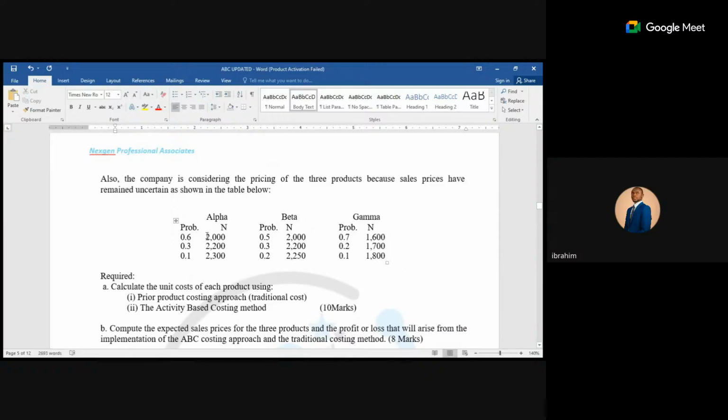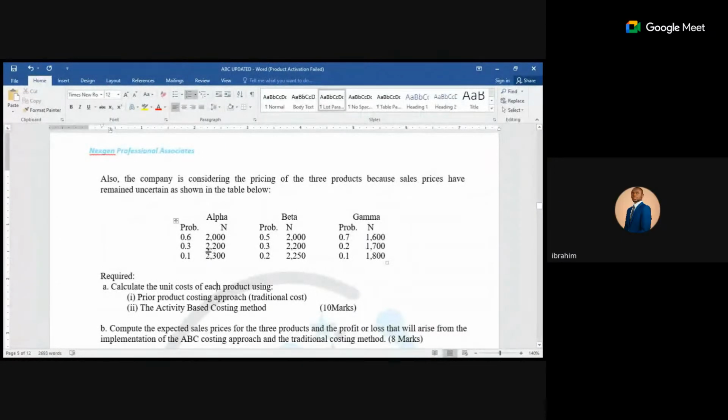probability that the selling price per one unit will be 2,000 naira per unit, which will give the probability of 0.6, right? So if you want to determine the expected sales, you multiply the 2,000 just like the way you normally do under your risk and uncertainty. 2,000 naira per unit times the probability, which is 0.6,